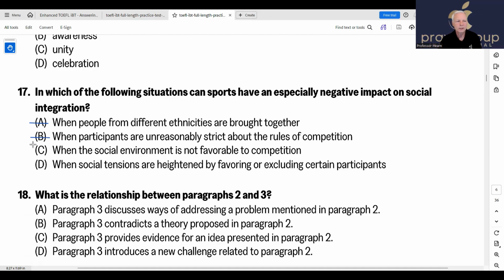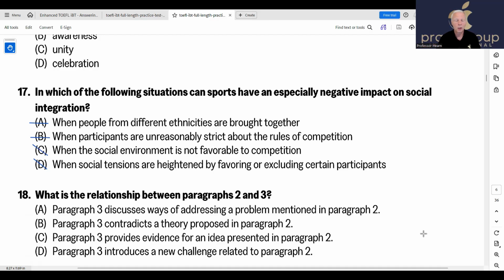I'm just going to say C is I don't know and move on to choice D. And choice D states when social tensions are heightened by favoring or excluding certain participants. Choice D also has information that's mentioned in our passage. So, as you can see, it was easy to eliminate choice A and B, which is your first priority, to